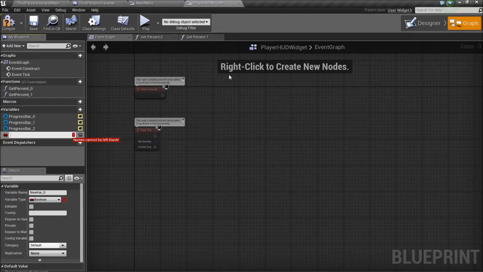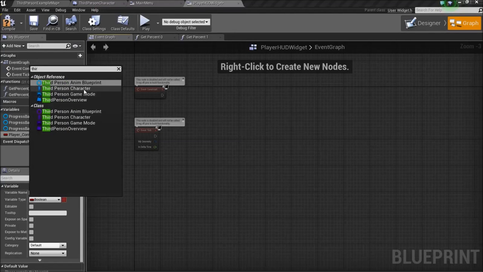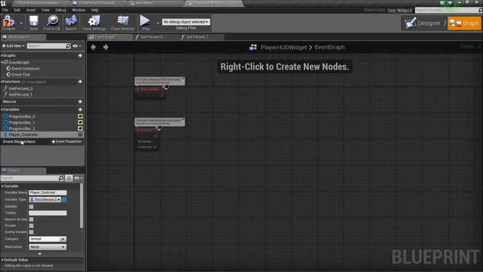What you're gonna do is you're gonna go back into your HUD widget, and you're gonna say player controller. Doesn't matter. What we're gonna do is here we're gonna say my third person character. Oh, my character is named third person character. So I'm gonna type that here. Third person character. There it is. So what we're gonna do is we're gonna get,